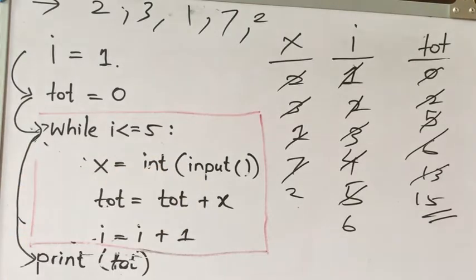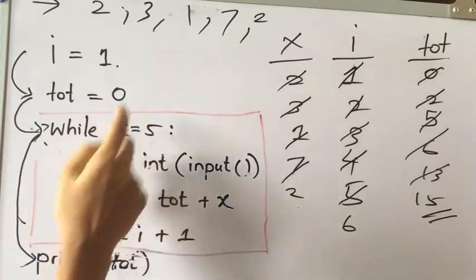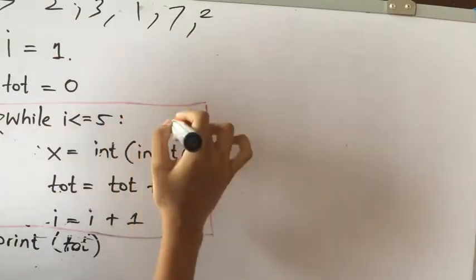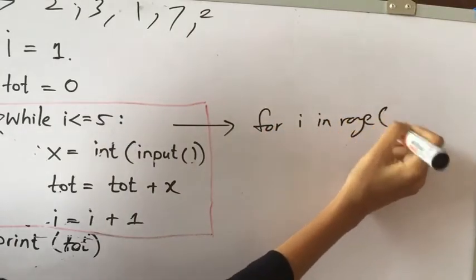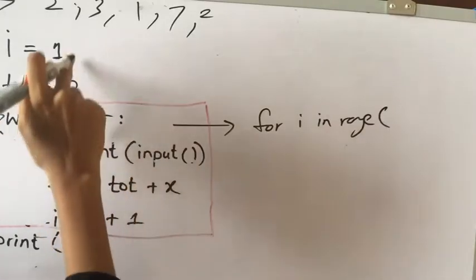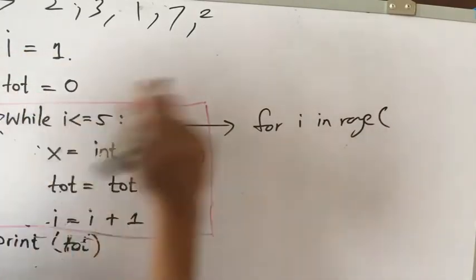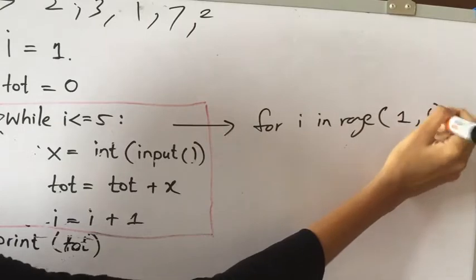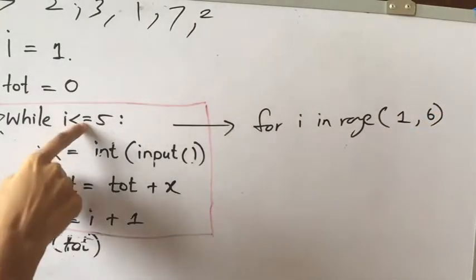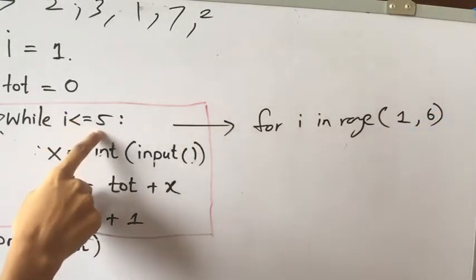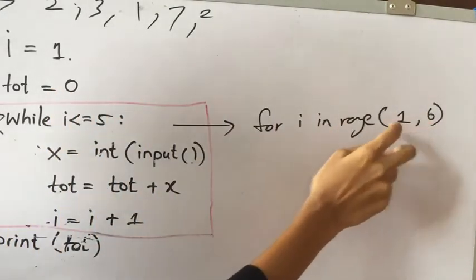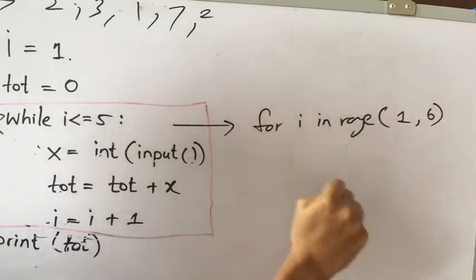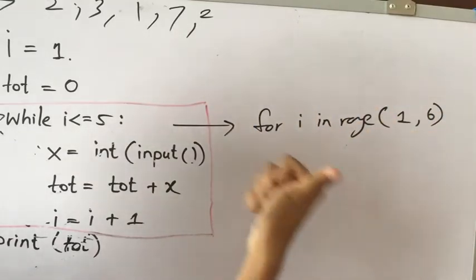In the for loop, we can write the same condition like this. See, I'm going to write this. It is going to run 5 times. Instead of this while loop I can write for I in range. It is going to start with 1 and end at 5. Actually it should be 1 to 6. Why? Because 5 is also becoming true. 5 is equal to 5, that is becoming true. So I have to put this 6, then only it will run 1, 2, 3, 4, 5 times. When it becomes 6 it will stop.